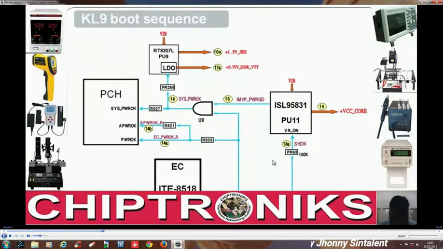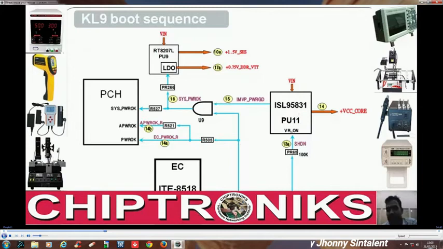So all the regulators have generated their power good, and all the power good signals are combined together to offer a power good to the IO controller. So that was step number 12. And after the EC, the embedded controller inside this IO, that is IT8518, receives power good, it will generate VRON, that means voltage regulator on, and this signal will go to the CPU core regulator, and it will generate VCC core, and at the same time the IO controller will generate